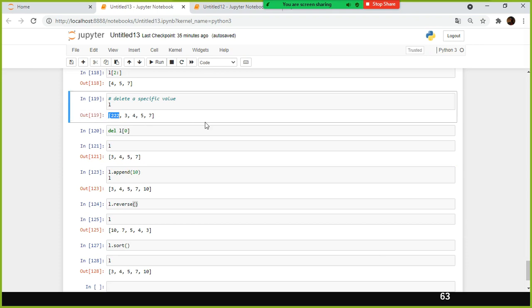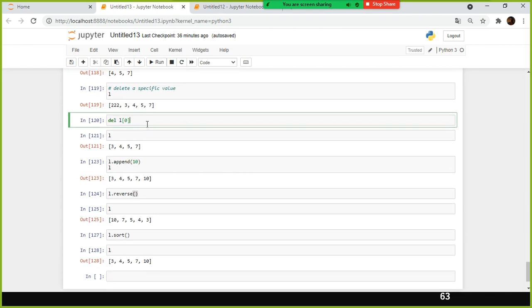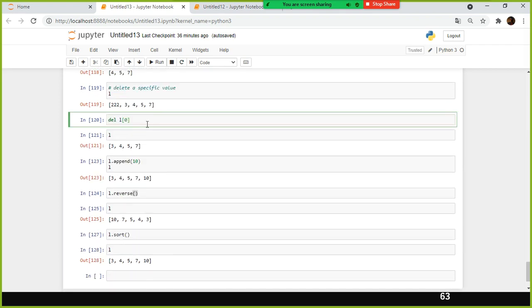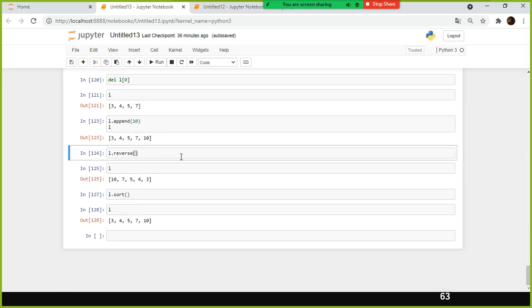You got confused with string, right? Even in the case of string, you cannot remove the values. Good that you asked this question. In string, you cannot update the value. You cannot remove the value also, because it is immutable. In the case of list, you can modify the value and you can remove any specific value. You can update a specific value, and you can also reverse the values. 3, 4, 5, 7, 10, if you want to reverse it, it will be 10, 7, 5, 4, 3. It will be made permanent only, okay?